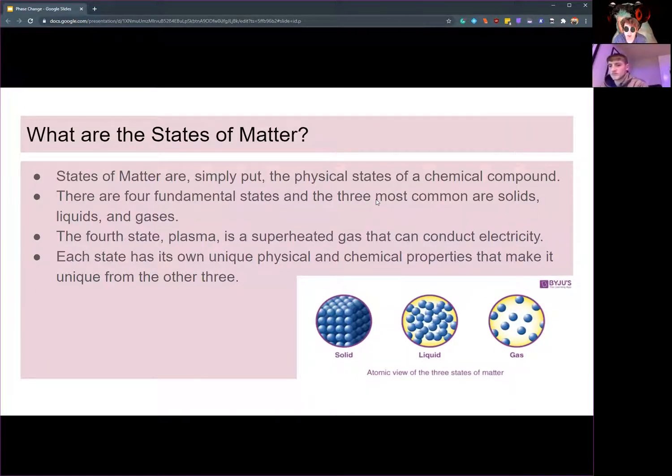The fourth state is plasma, which is pretty much a superheated gas that is ionized and thus can conduct electricity. The difference between plasma and gas is primarily nomenclature, as plasma is essentially a gas in all but the ionization. Each state has its own unique physical and chemical properties that make it unique from the other three, which is why these are